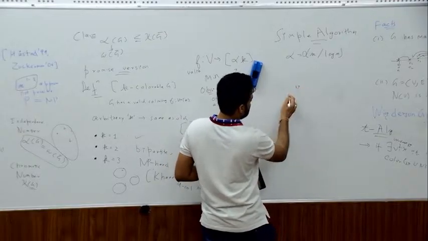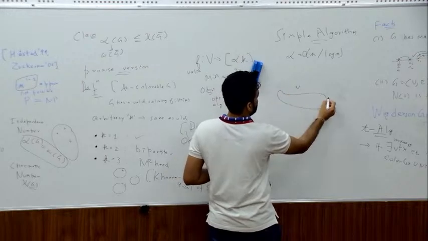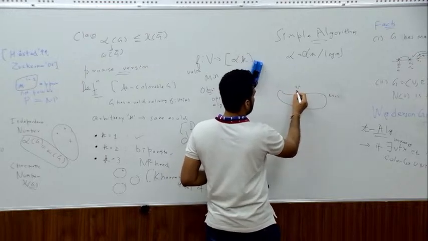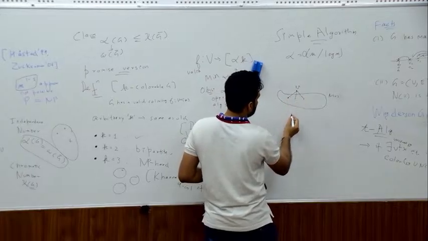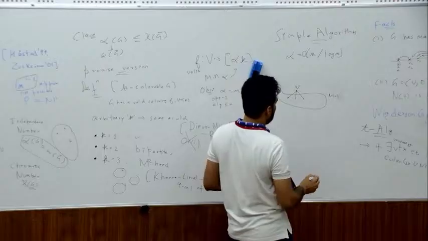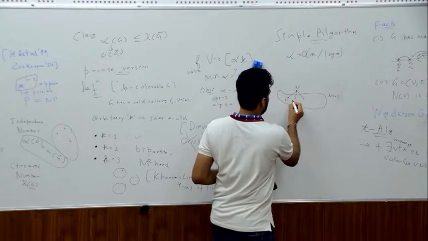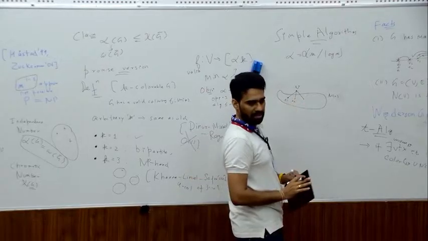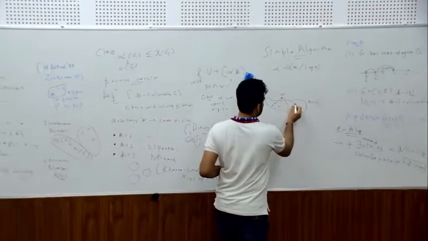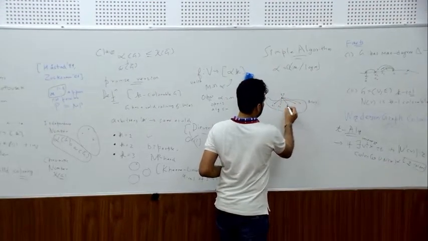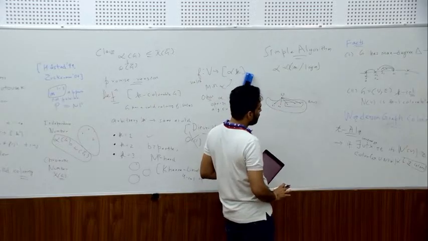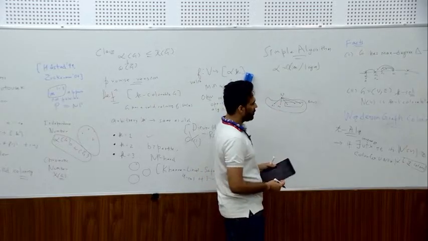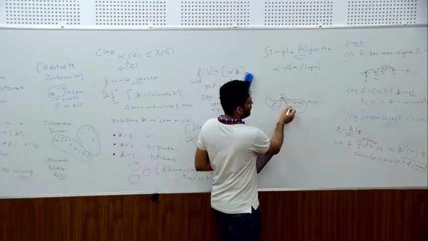So if there is some vertex V and we look at its neighborhood, and the number of neighbors, maybe some neighbors are colored. Let us say these neighbors are colored already from some previous step, and these neighbors are uncolored. I only look at the uncolored neighbors, and if there are more than t uncolored neighbors, I know that I can color this graph using